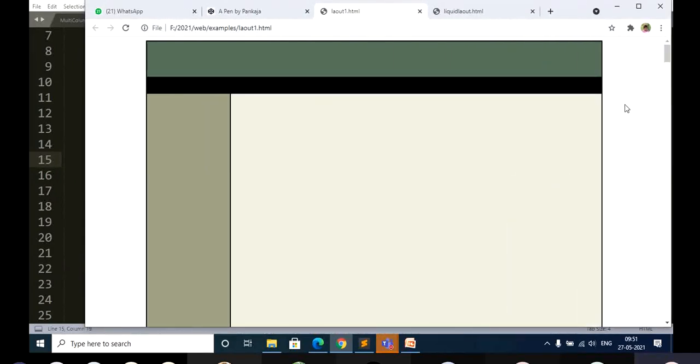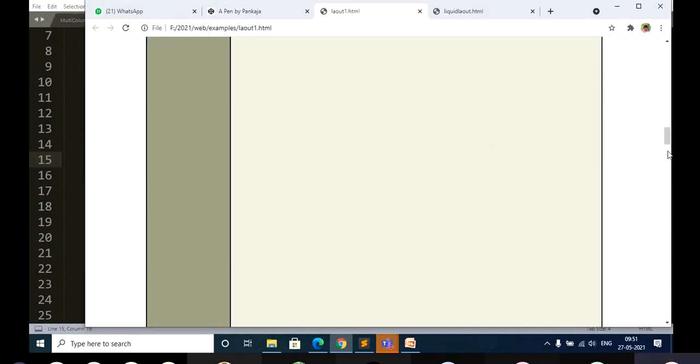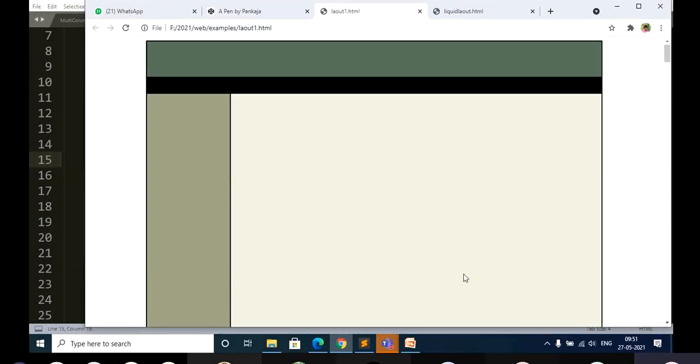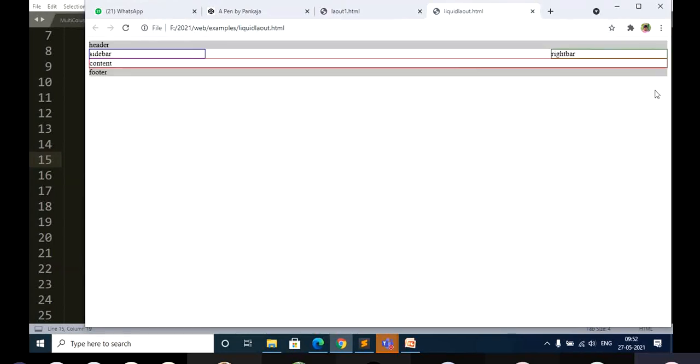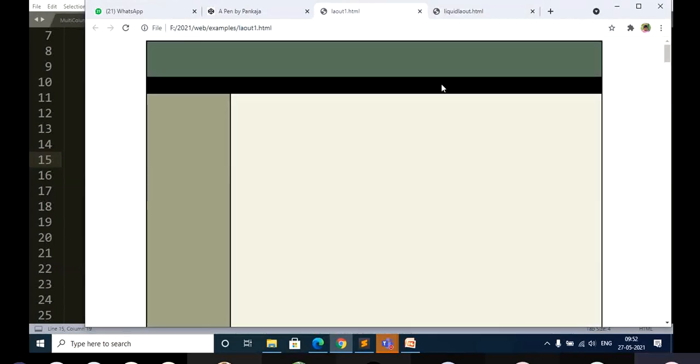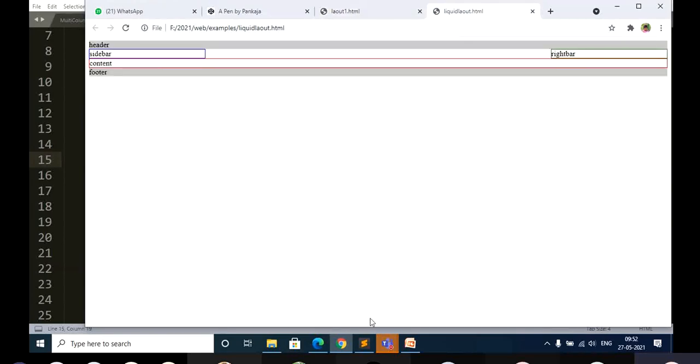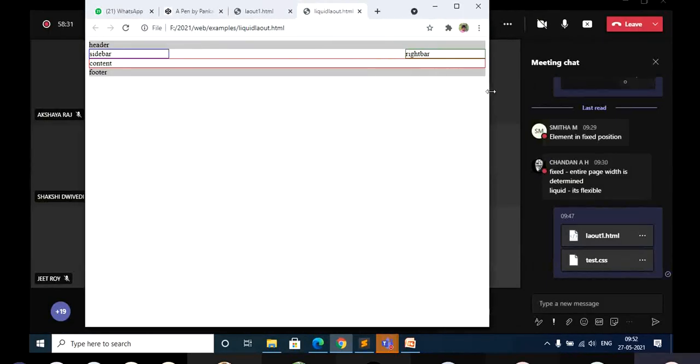It is not going to adjust, so it is fixed to this particular width. In case your window size is larger than this, there will be more gap left between the left side and right side. Sometimes even at the bottom, though here I have not specified anything with respect to the bottom. You can even specify the height in terms of pixels, and accordingly that is going to be fixed. Did you get the difference? So this is about the fixed layout and this is about the liquid layout.